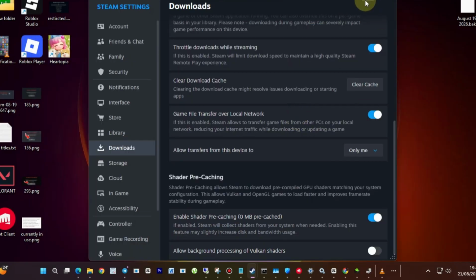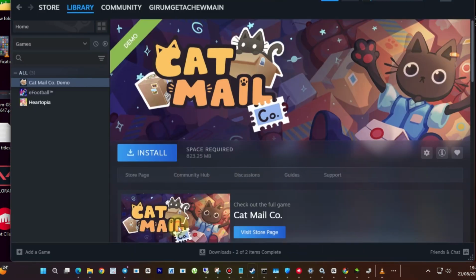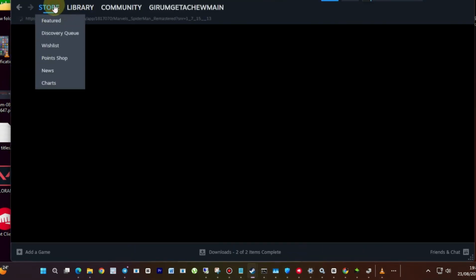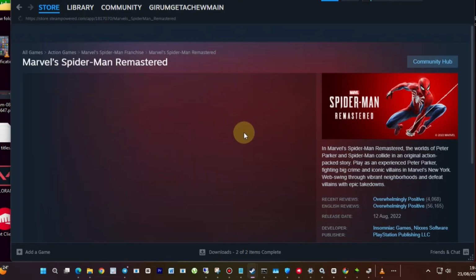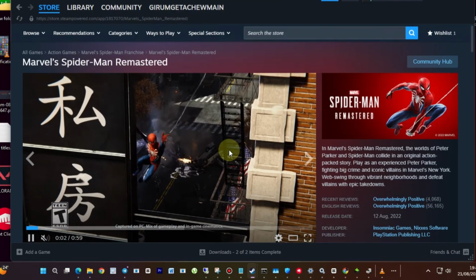These steps can resolve several common causes of crashing, including outdated graphics drivers, Steam library problems, corrupted game files, and temporary cache issues. If Spider-Man Remastered is still crashing after trying everything, let me know the exact error you're getting